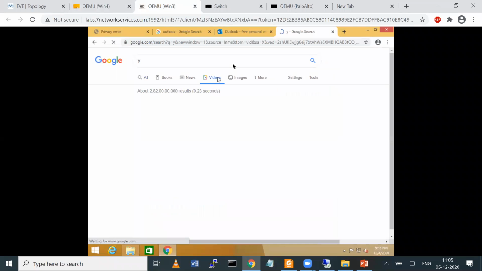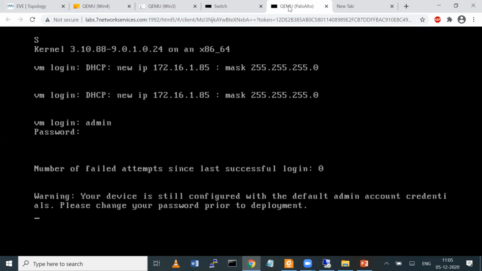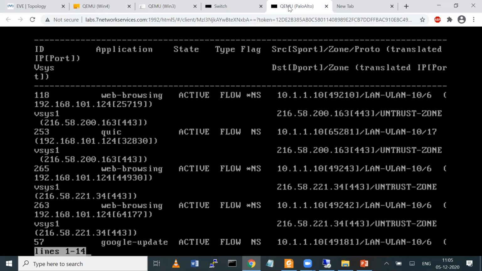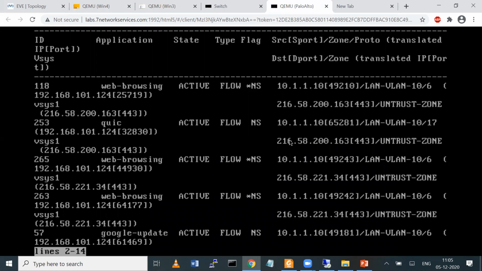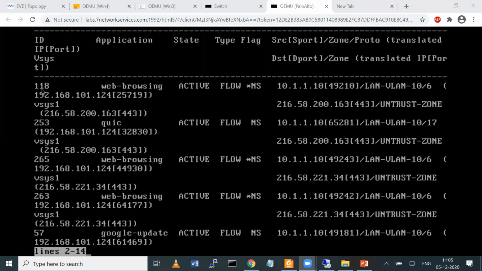सारा आपका ट्रैफिक इनक्रिप्ट डिक्रिप्ट हो रहा है। अब इसको सीएलआई में भी आप देख सकते हो, स्टार बन के आता है एक ट्रैफिक के ऊपर, जो भी आपका ट्रैफिक इनक्रिप्ट होगा और उसको फायरवॉल डिक्रिप्ट कर रहा है। सो सेशन ऑल, ये देखो सारे ट्रैफिक के ऊपर ऑलमोस्ट आपको स्टार दिख रहा है, एनएस स्टार। एन का मतलब होता है फ्लैग है ये, स्टार का मतलब होता है डिक्रिप्शन, एन का मतलब नेट, एस का मतलब सोर्स, एनडी लिख के आता है डेस्टिनेशन नेट के लिए। सो दिस स्टार शोइंग लाइक ट्रैफिक डिक्रिप्शन, कि ट्रैफिक इनक्रिप्ट डिक्रिप्ट हो रहा है।